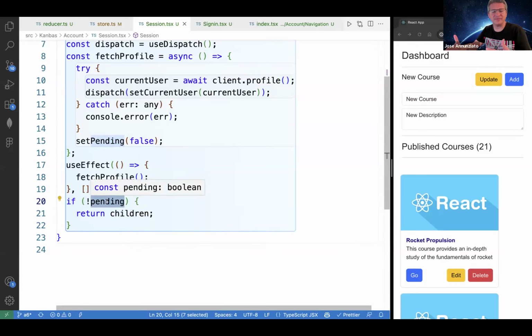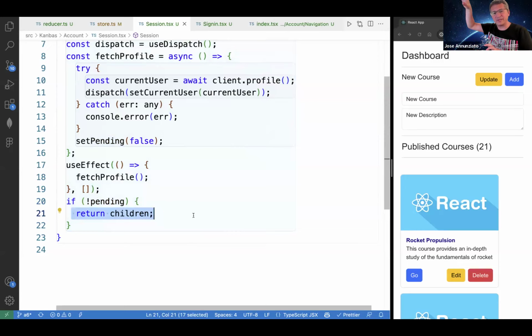I don't know what to tell them whether somebody's logged in or not, right? If I make the wrong decision, the wrong user interface is going to render. But once I know and it's not pending, then I'm going to render the children. So this is a component that's going to wrap around the entire canvas